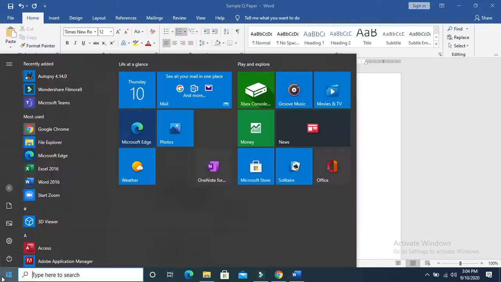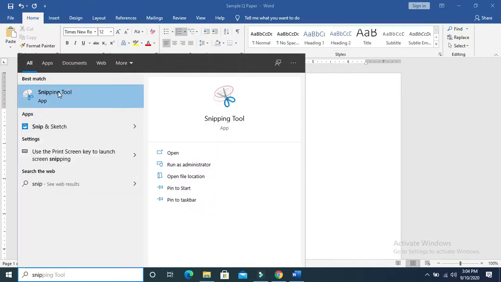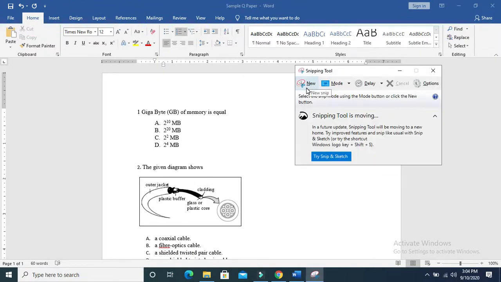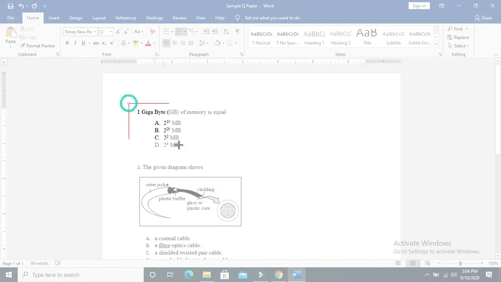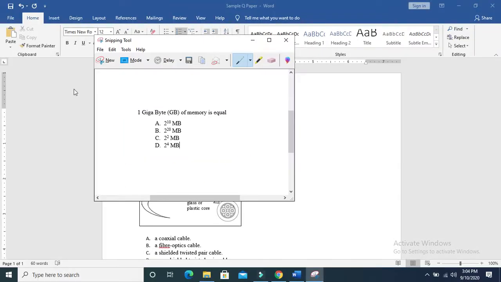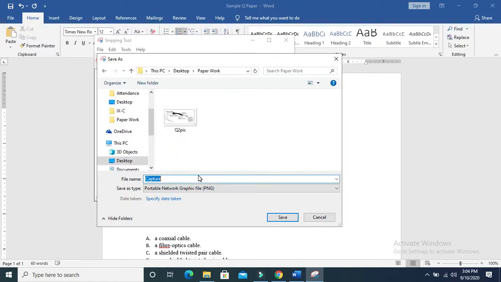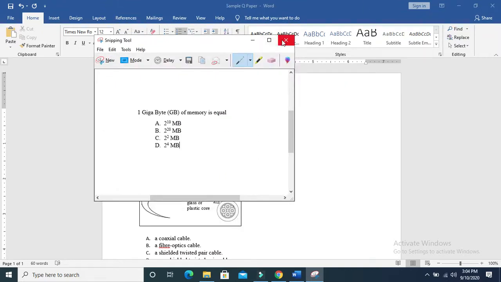In your start menu in Windows, when you click and type SNIP, you will see that a snipping tool, a scissors-like icon, is there. You will click on it, click on New, and you can take a picture. For example, the data is there in your Word file, so you will take a picture of it. The picture has been cut from there. Now you will click on the save button and save. For example, this is MCQ number 2, so I am saving it in my paperwork on my desktop as MCQ 2 picture, so that I can remember.